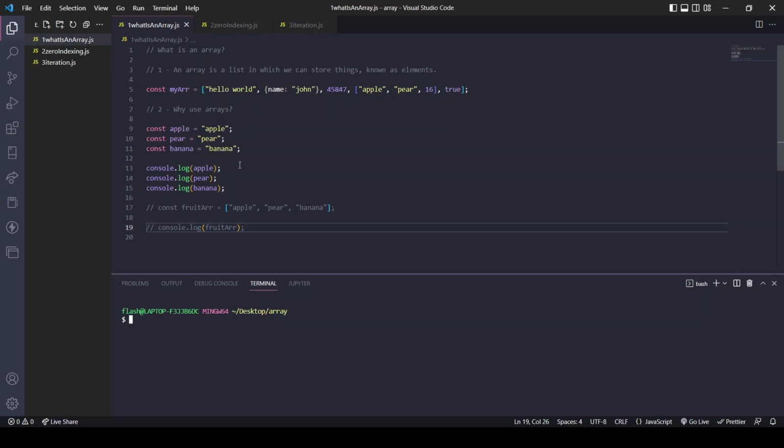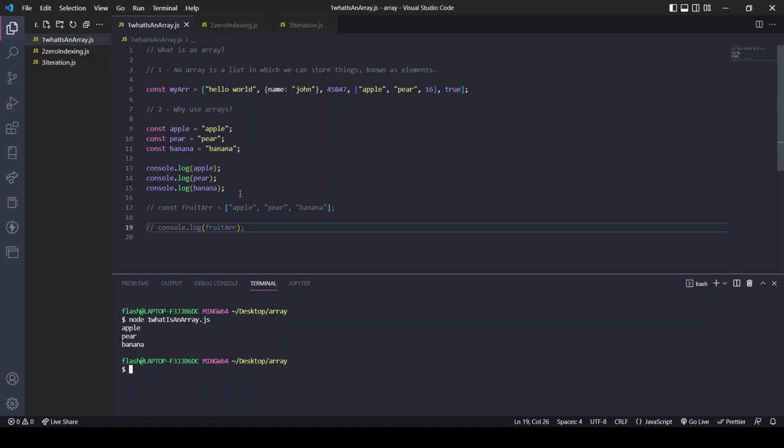I simply want to console log each string to the console. I've prepared these console logs here, so I will run the code. And there we go. Now that sounds very simple, but